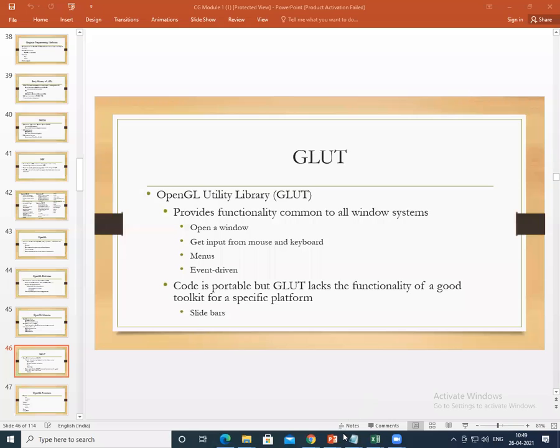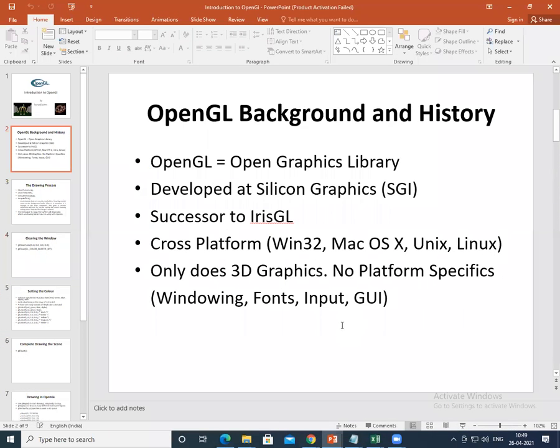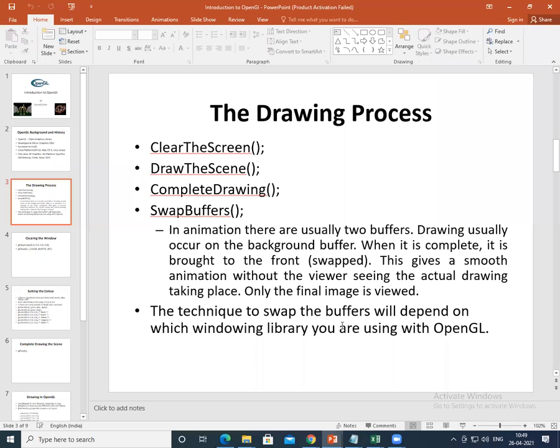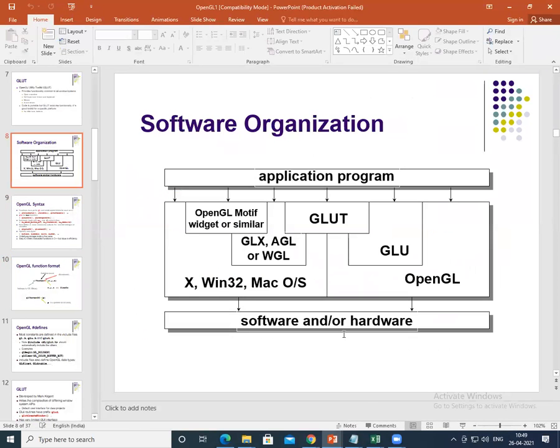If you really need a common architecture of OpenGL, here is a software organization. In fact, this is just from a knowledge point of view.